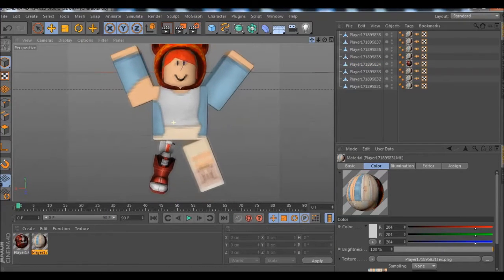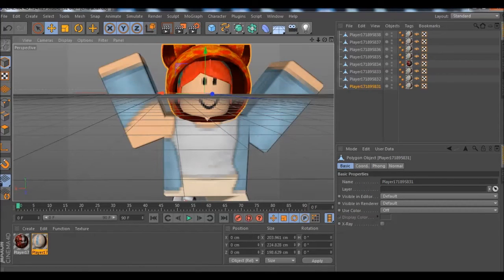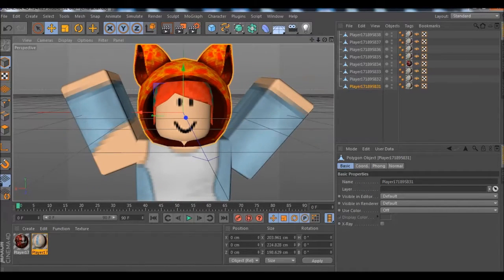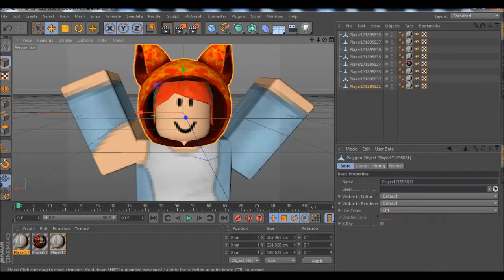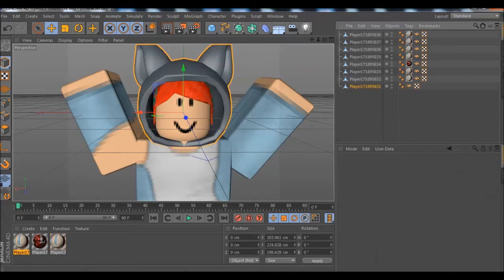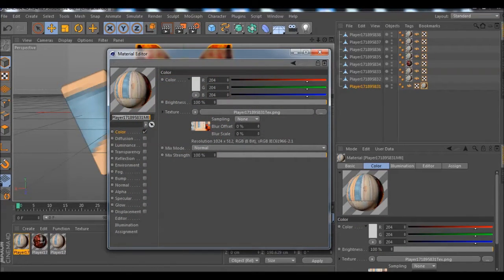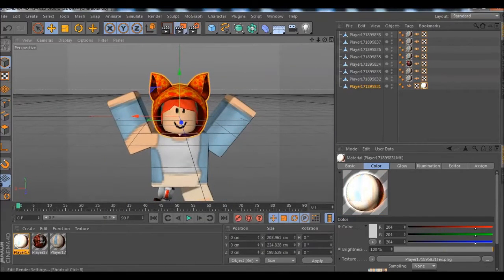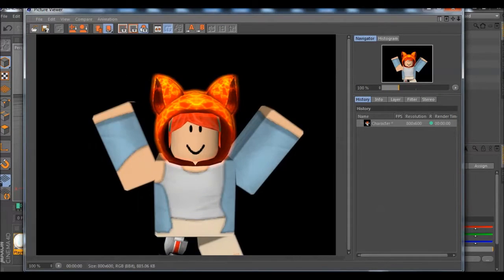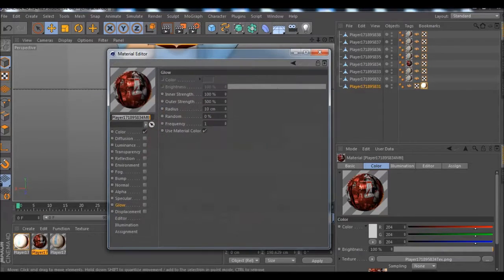Okay, so we've got a person now, and what would be cool if we could give this like a glow. So we're gonna try this. So what we're gonna do, we are gonna get this hat, remove texture, throw it again, but we're gonna look for glow. And then we're gonna have this really cool glowing hoodie. So there. You can do the same to the leg, but I don't know if it'll look good.